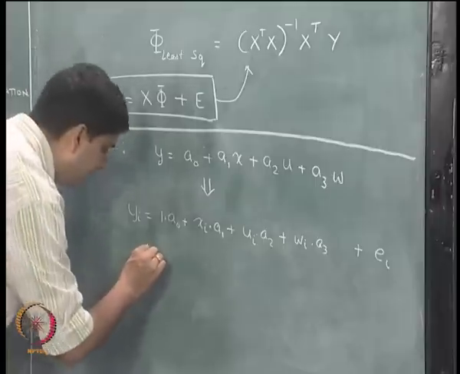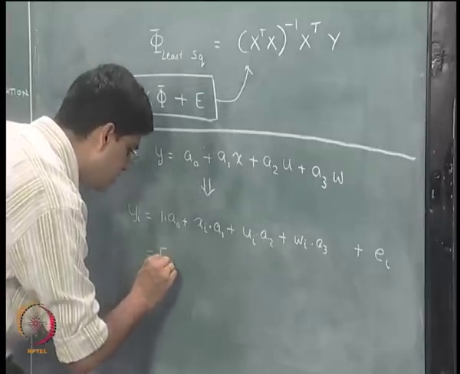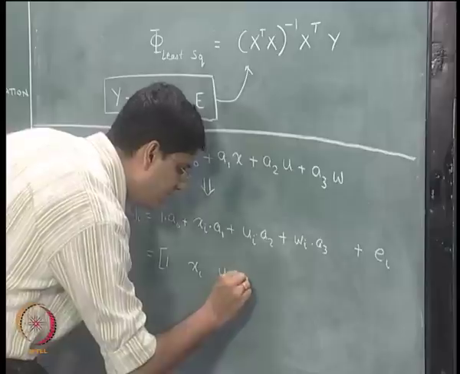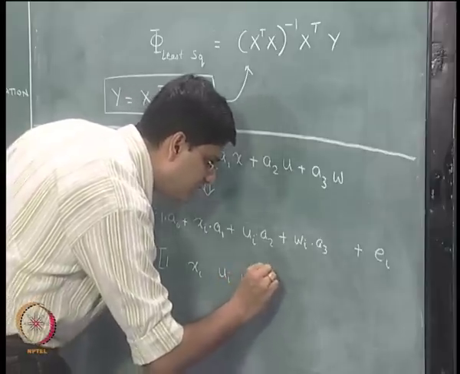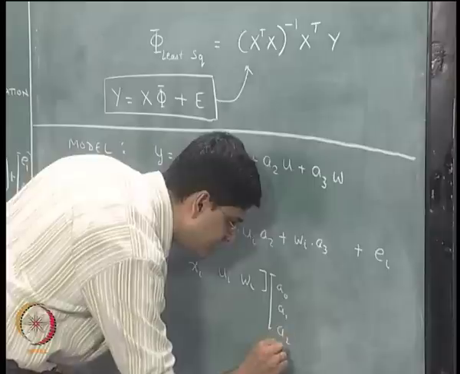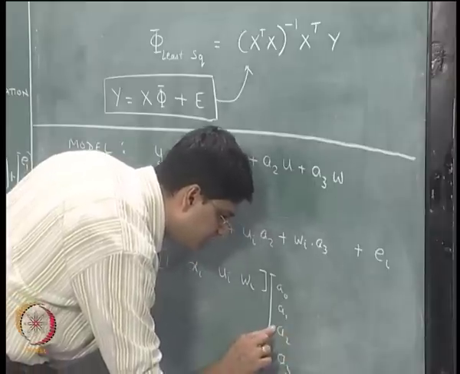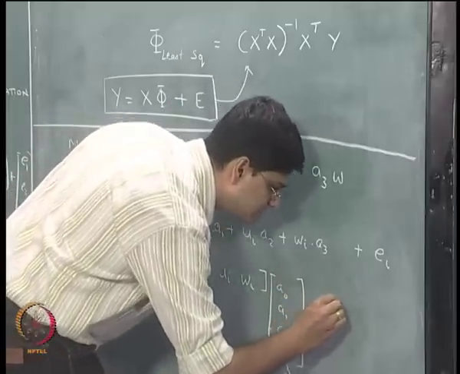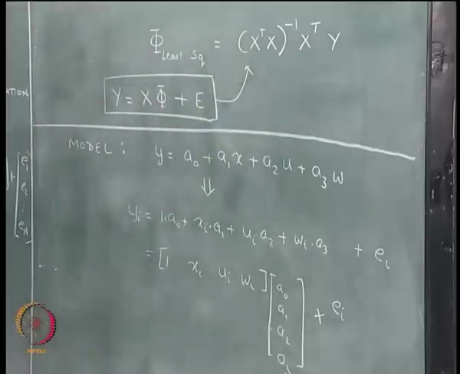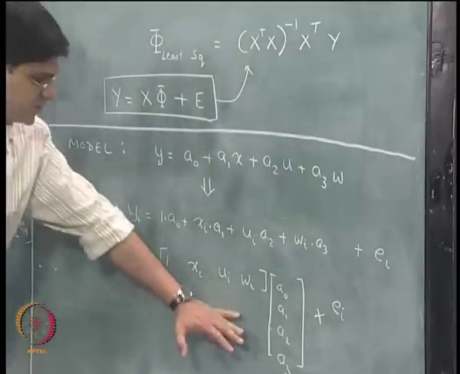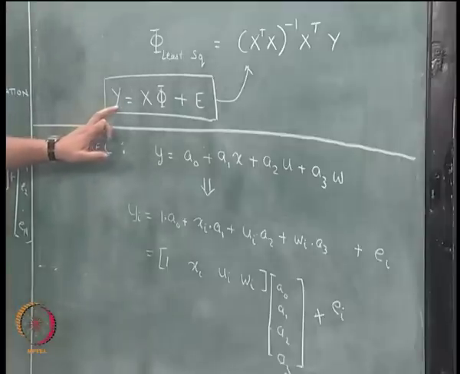So, yi in other words can be written as 1 xi ui wi multiplied by a0 a1 a2 a3 plus ei, okay. So, the least square solution again for this particular type of a problem is going to be